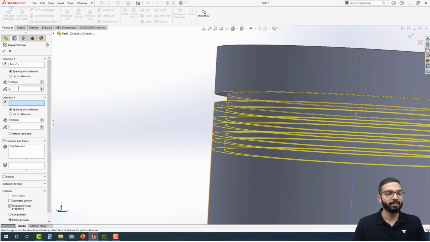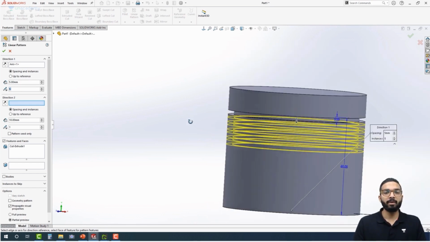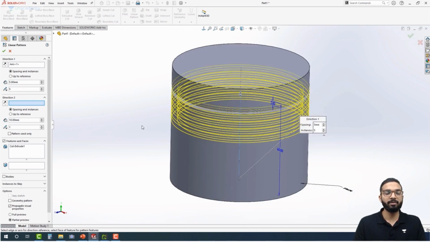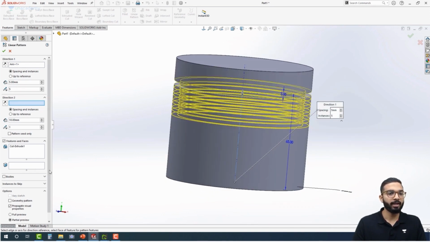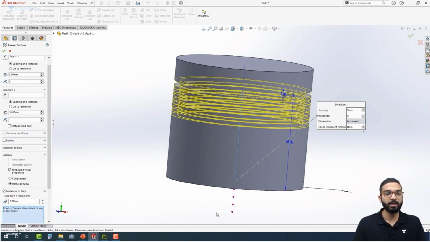Next, I want 5 instances to be generated. But I want my last instance to be here, somewhere down here. I will show you how we do that. In order to do that, we will go here and select instances to vary. And the last instance is denoted by this pink dot over here. If I click on it and